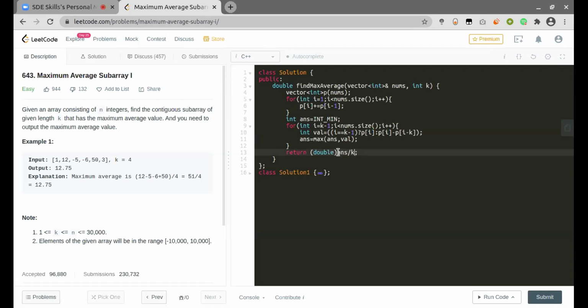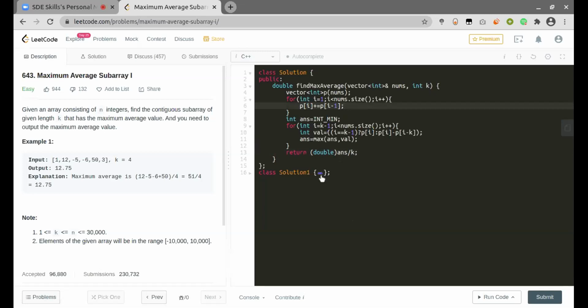Otherwise, since both are integer primitive data types, this will return an integer value. This approach also uses extra space.